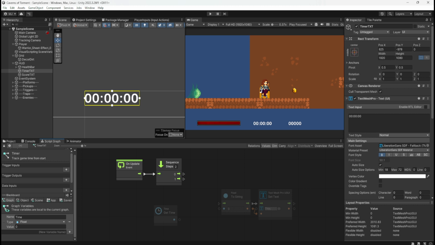Creating a graph, search for time unit. Time unit.